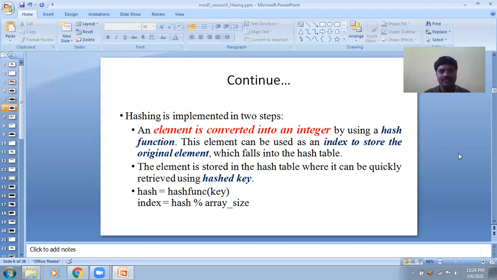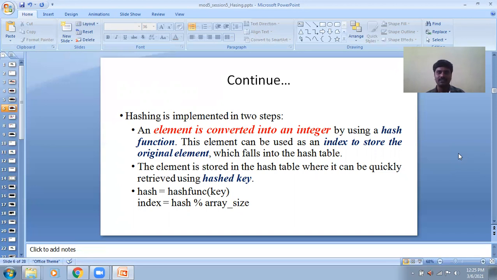Hashing is implemented in two steps. First, an element is converted into an integer by using the hash function. This integer can be used as an index to store the original element, which falls into the hash table.